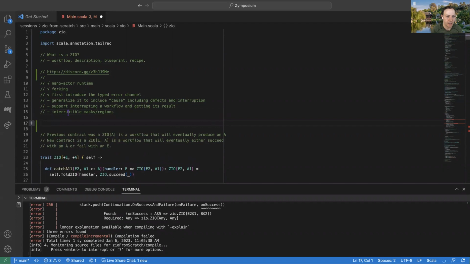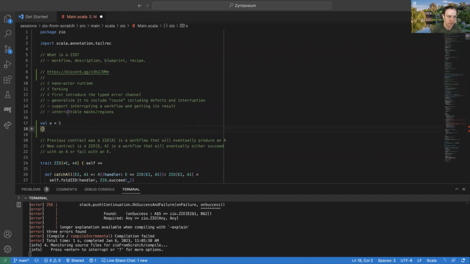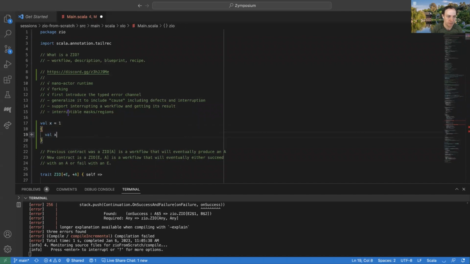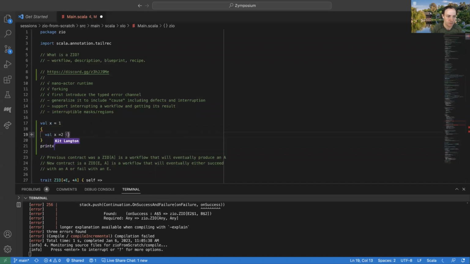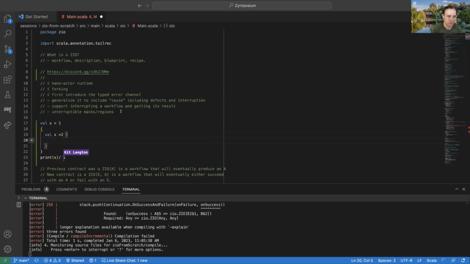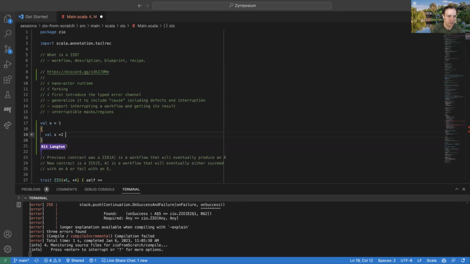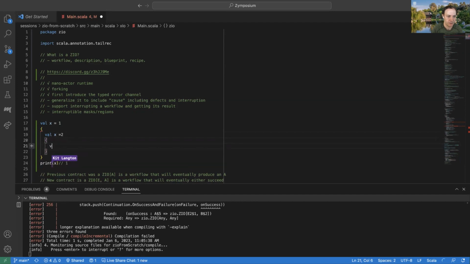In fact, it's also really similar to just how defining variables works. So I could do something like val x equals 1, and then I could open up a block here and say val x equals 2, and then open up another block here and say val x equals 3.